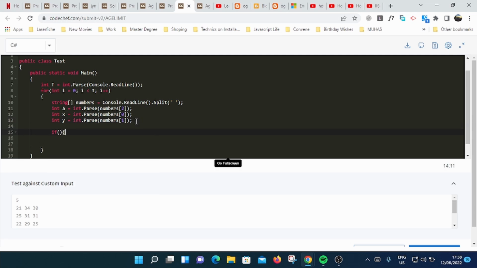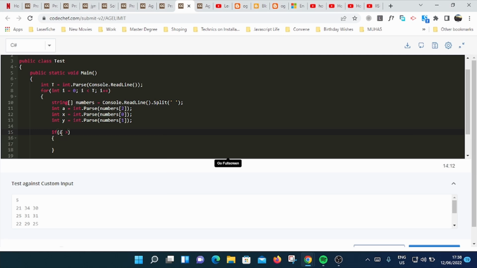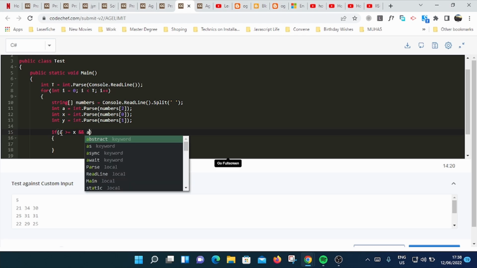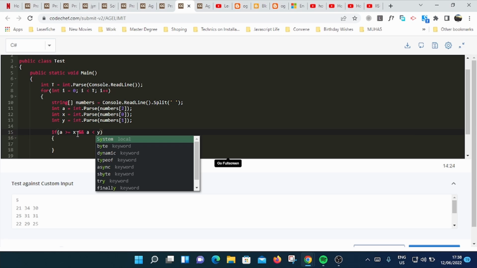If a, which is the age, is greater than or equal to x, and a is less than y,